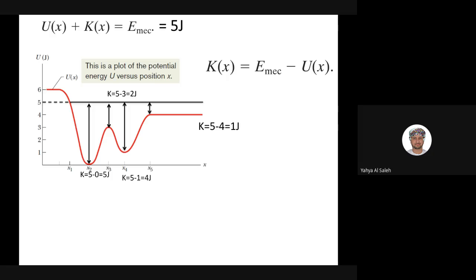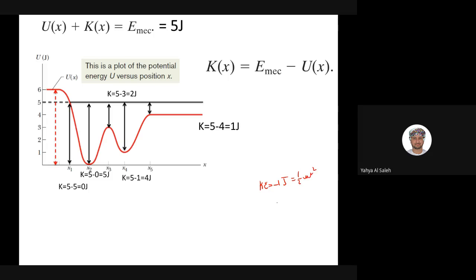Now we're going to have a problem. What happens here? My potential energy here is more than my total energy. My total energy is 5 joules. My potential energy here is 6 joules. So what is my available kinetic energy? Negative. So minus 1, right? So my kinetic energy is equal to minus 1 joule, which is equal to half